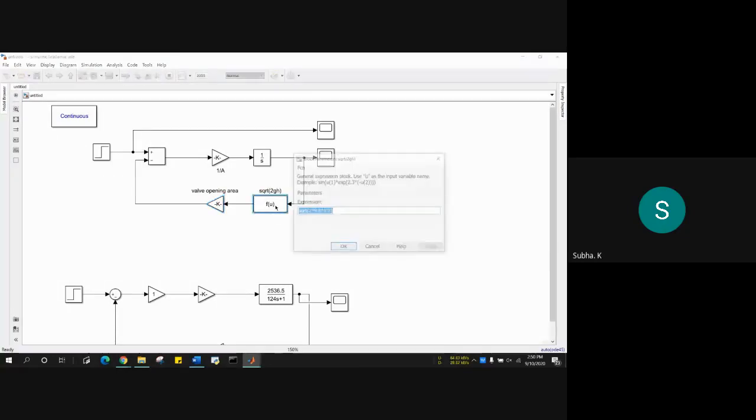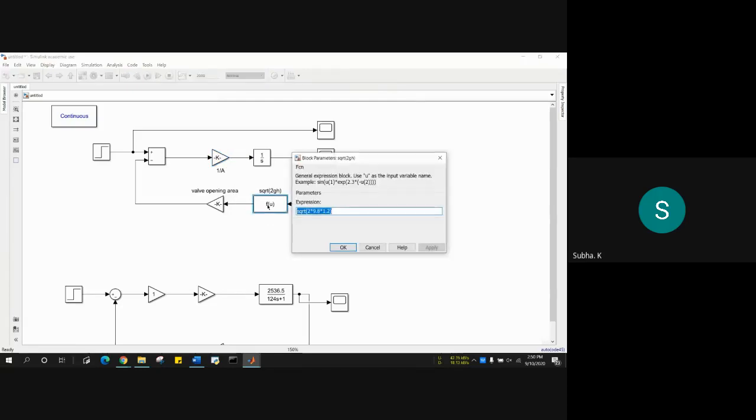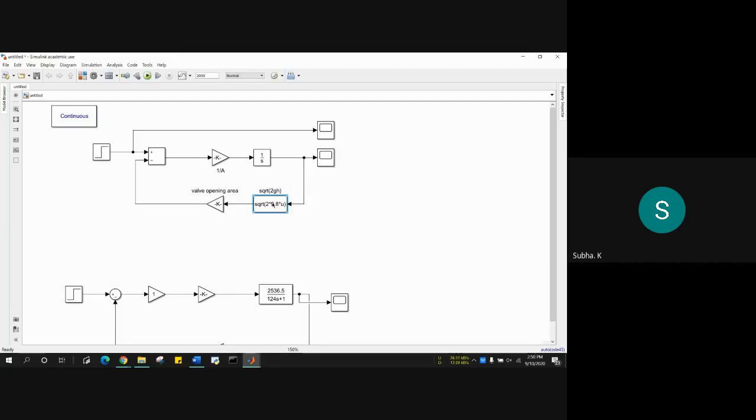You open that SQRT. Akshat, can you please show me the square root function? That is user defined function. Just type function library and you'll get user defined. And see, Akshay, you do one thing. That 1.2, you give it as u itself because it is representing the signal that is coming in. So change it back to u itself. Not that one. F of u. Instead of 1.2, you give u itself. U is representing that input signal that is coming from output. It will automatically adjust. Now you save and run.